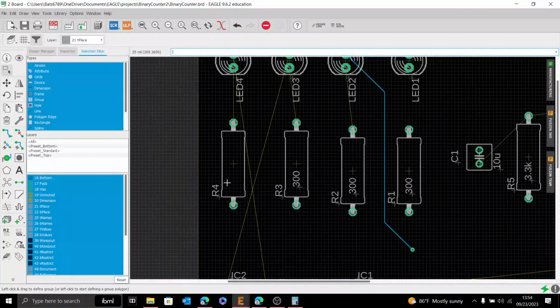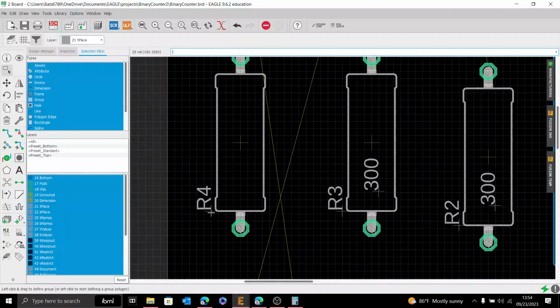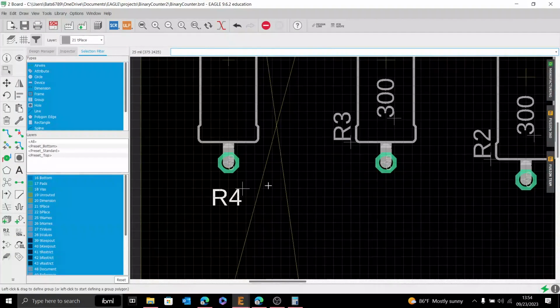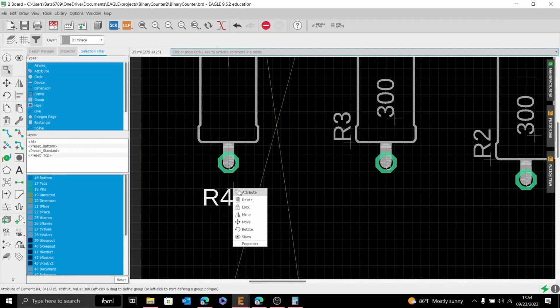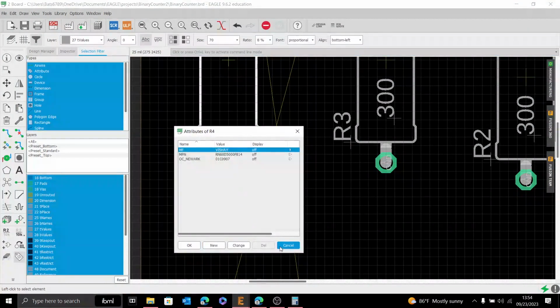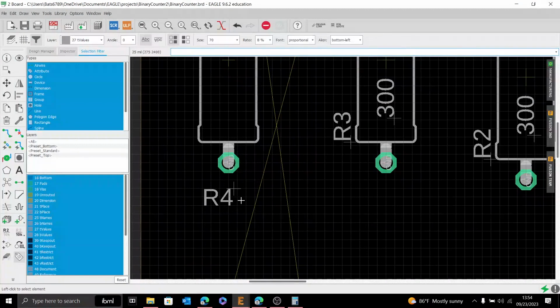Another thing I might like, though, is I'd want to center this text. As a matter of fact, I think I'd like to put it below, like that. Now let's say you want to center this crosshair, for instance, because maybe you want to change the name later. What you can do is come down to this attribute, not the attribute. I will do this the easy way. We'll highlight it,